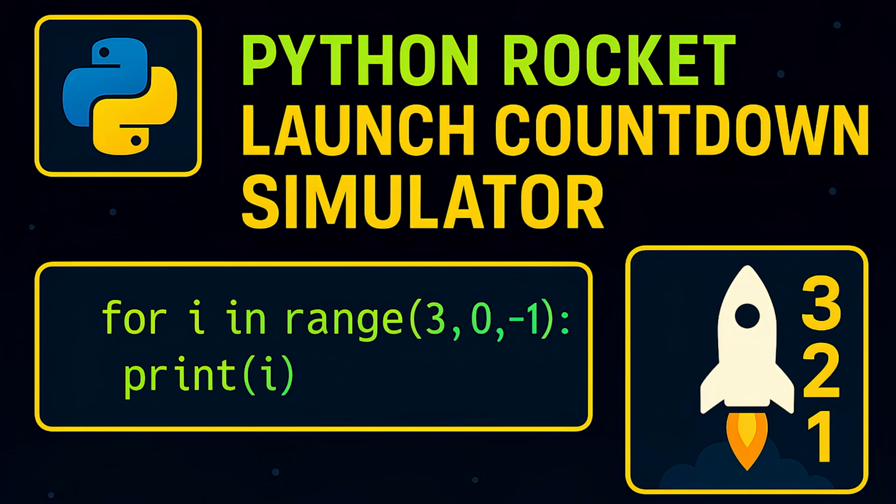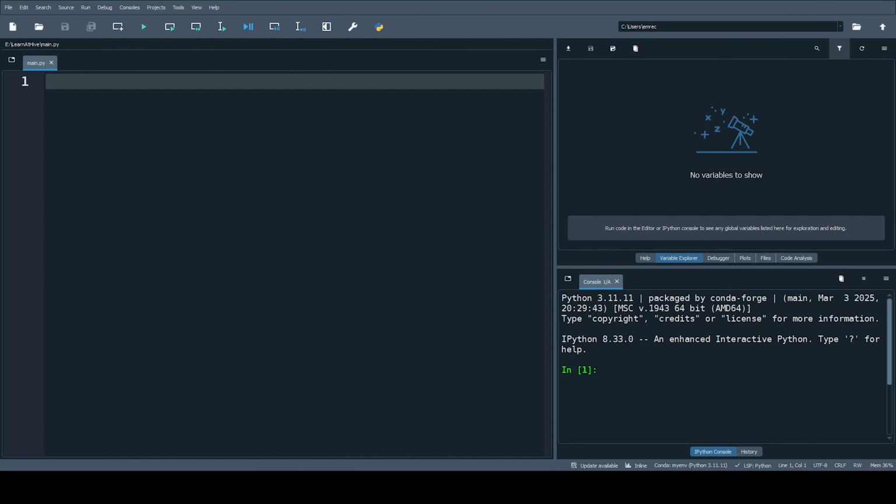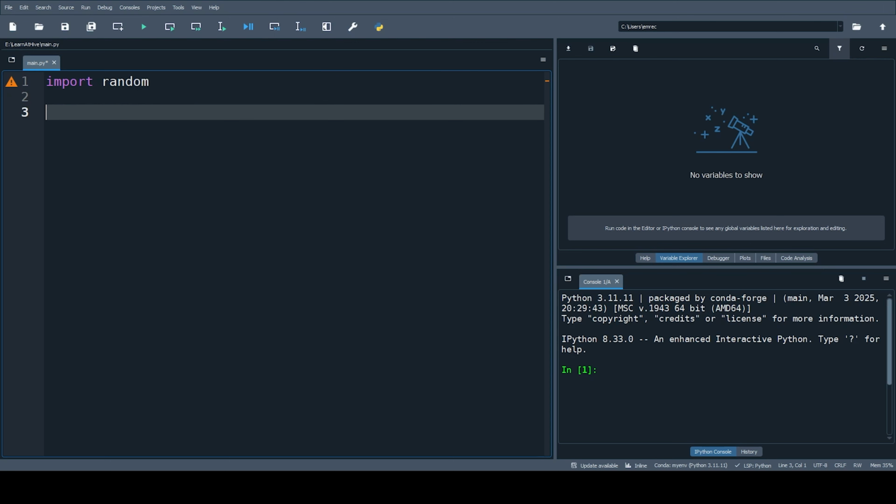Let's start with the first stage, checking the fuel levels. We import the random module to add some unpredictability. We haven't seen it yet in detail, but we will use it in this project. So let's import random and define our function called check_fuel. Let's define check fuel